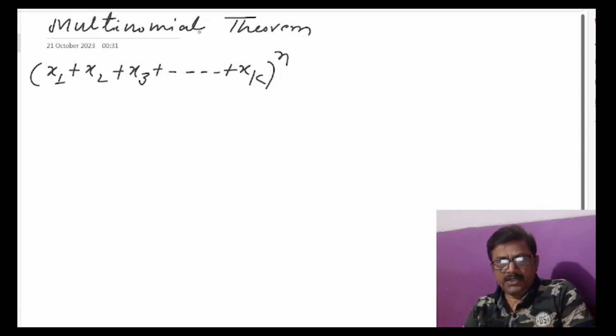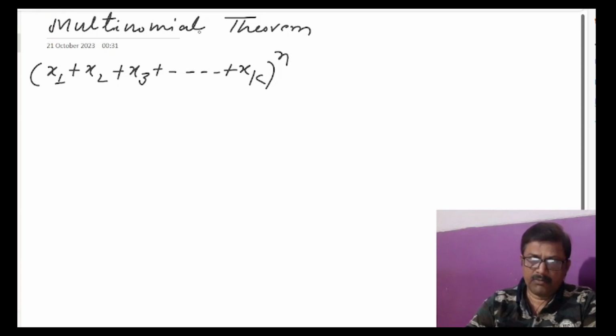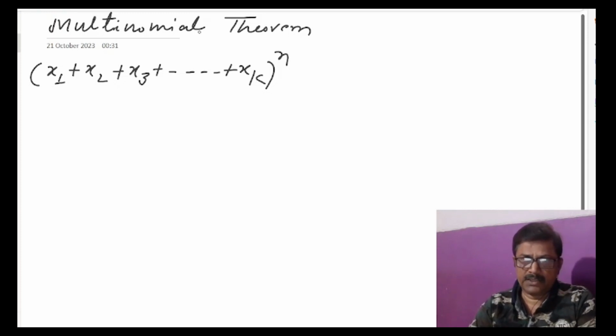So in multinomial theorem we find the value of this expression. Okay, in multinomial theorem we open this expression. So what is the formula? x1 plus x2 plus x3 plus so on plus xk whole power n is equal to